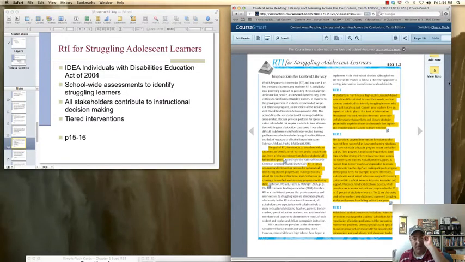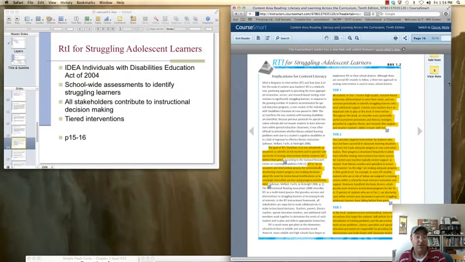But it also may be an indication that this isn't working either, and we might have to do something more intensive. In tier 3, that more intensive is a functional behavior assessment with a behavior intervention plan, with a clear data plan in place. Tier 3 could be special ed. It's definitely not relegated to that. It could be eligibility. It could also be very intensive, more severe,